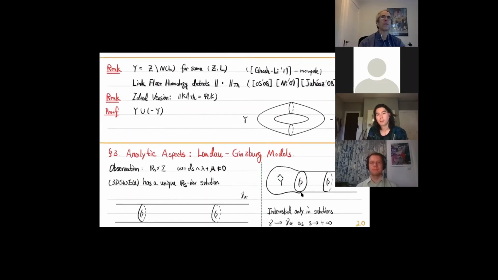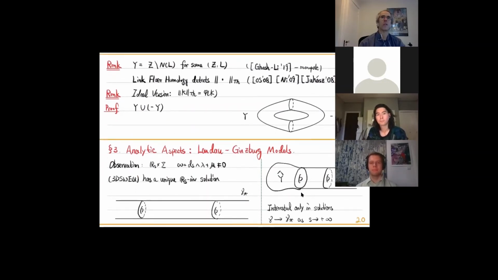All right, so let's move forward to the next part. For the last part of this talk, I will discuss the analytic aspect of this construction. There are many analytic details we have to work out, and I will focus on one of them and try to explain why this closed two form omega is necessary for the construction, and why Landau-Ginzburg models are useful for